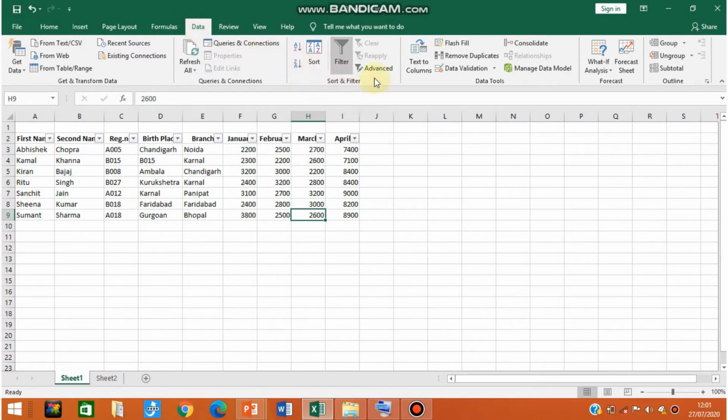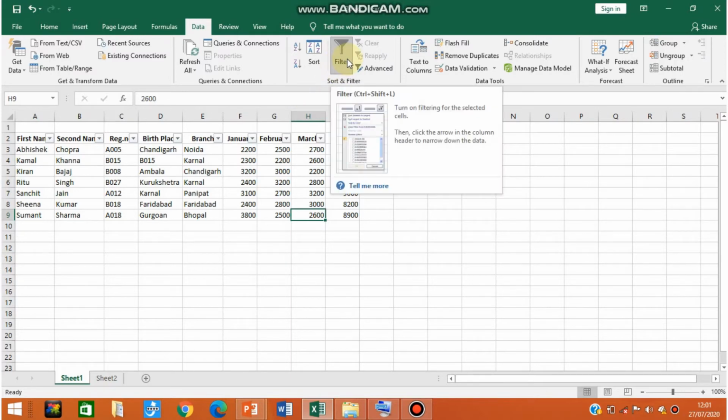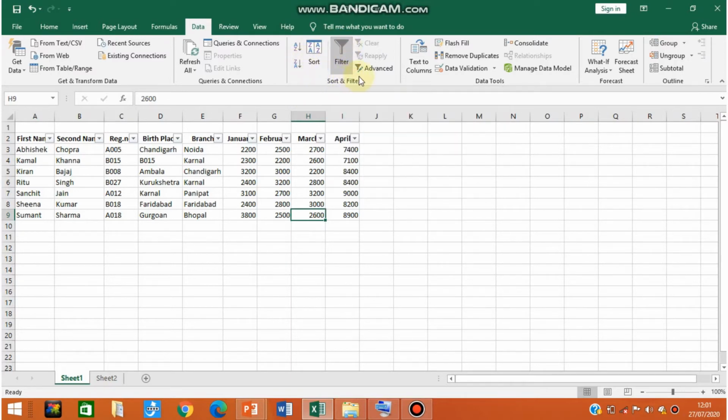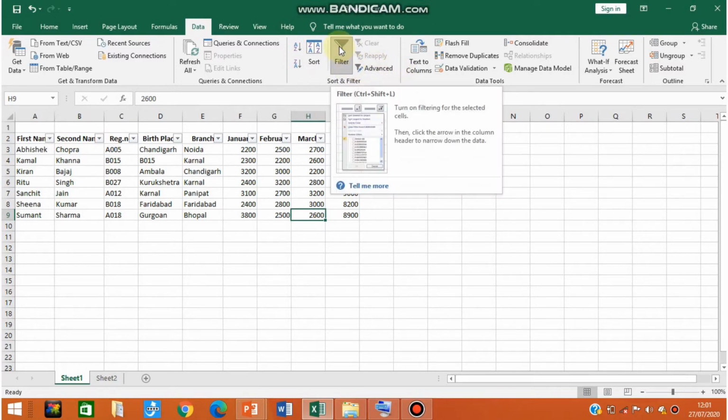Here there is a Sort and Filter section. From this section you have to select the Filter option. It is already selected, as you will notice on that tab. You have to unselect it to remove the autofilters.